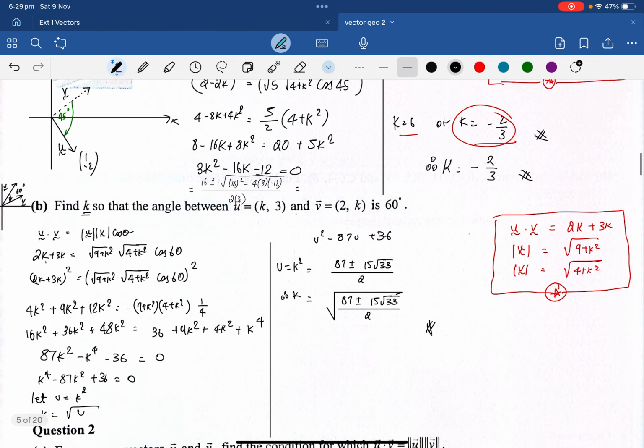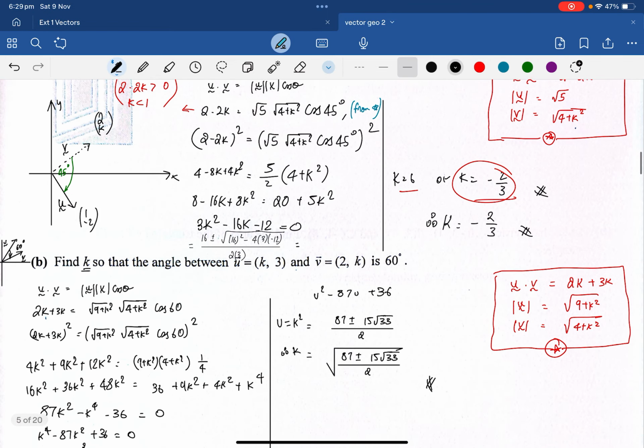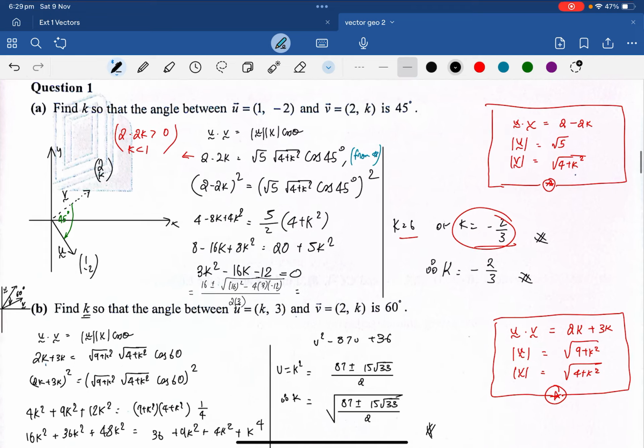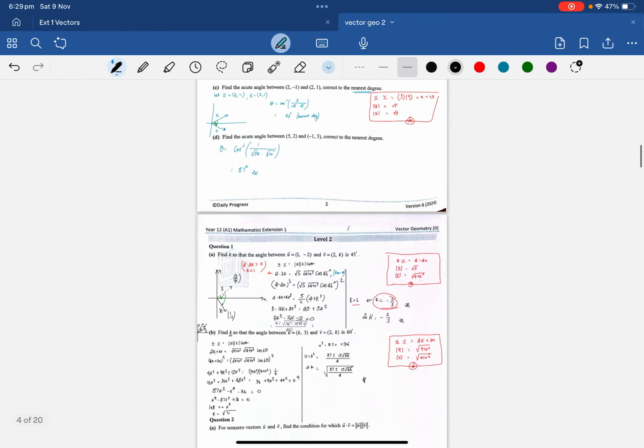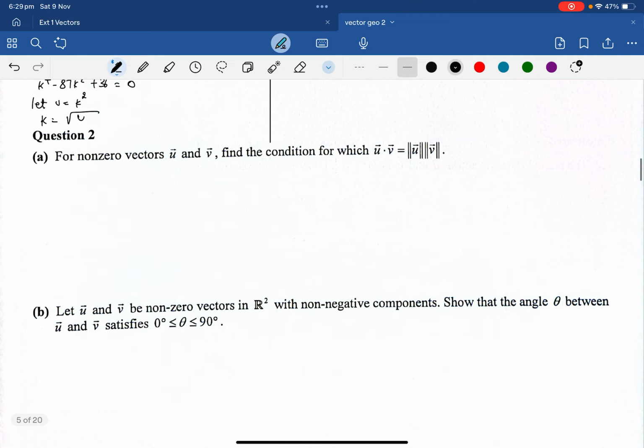So very little vector knowledge really, or just theory, algebra. Yeah. Okay. For non-zero vectors u and vector v, find the condition for which the dot product u times v is equal to the magnitude of u times the magnitude of v. Okay, this happens